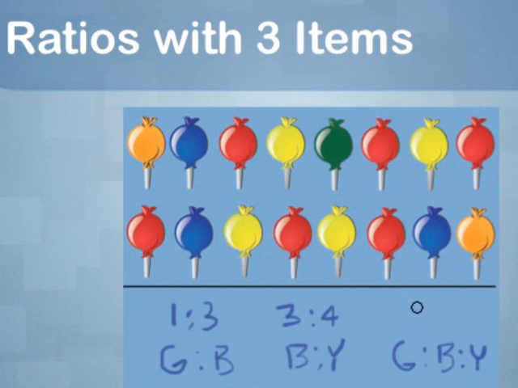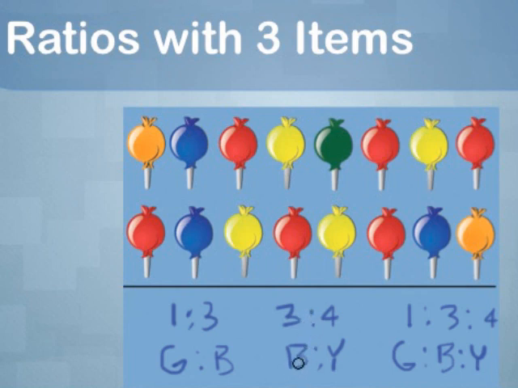And this is written as 1 to 3 to 4. In this form, it captures three ratios: 1 to 3, the ratio of green to blue; 3 to 4, the